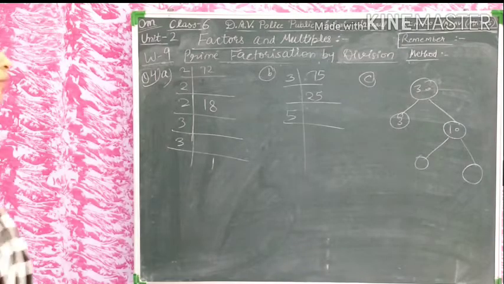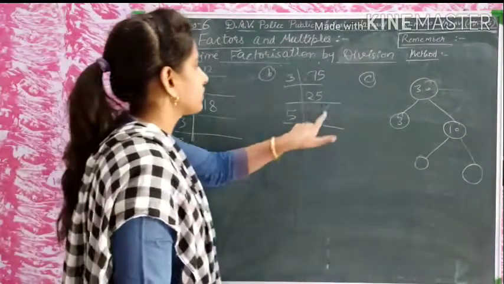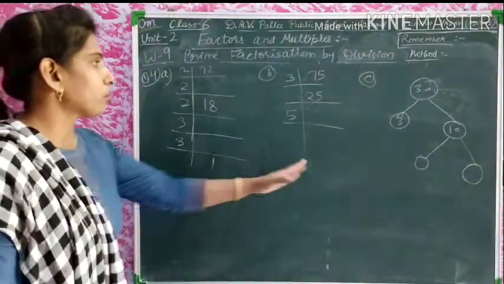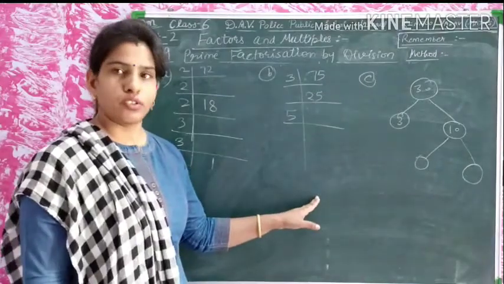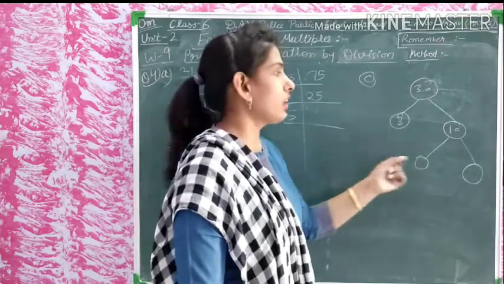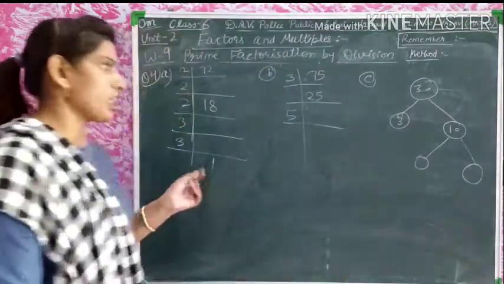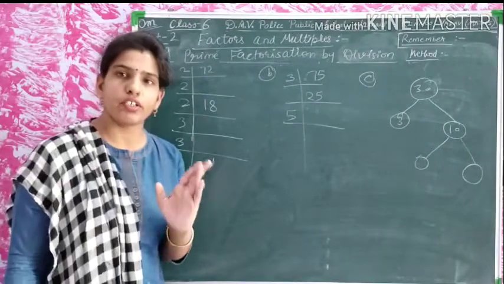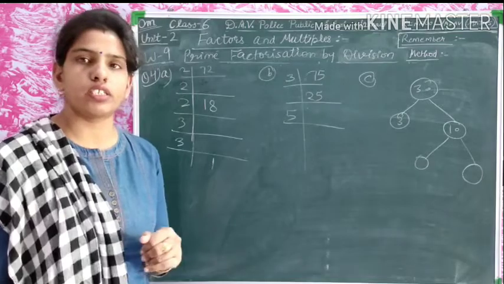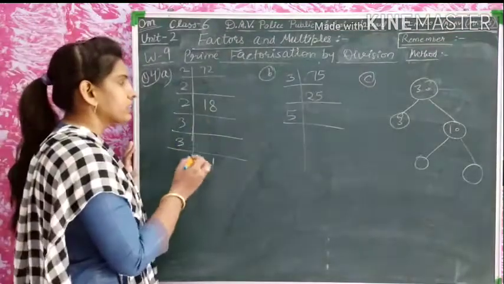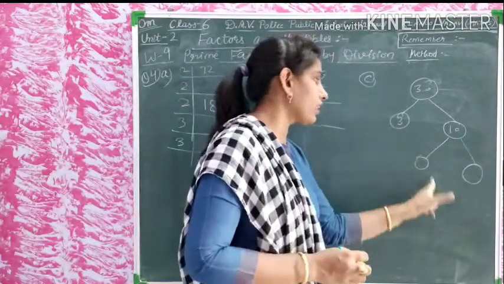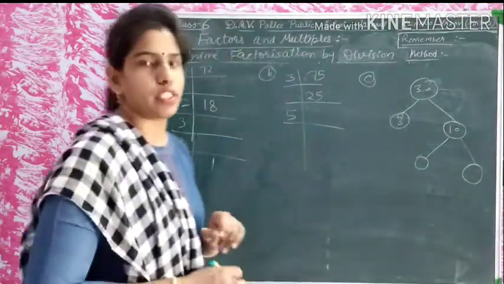Now students, you have to fill in these blanks here. So students, this is the prime factorization method. You have to find the prime factorization. There is the division method and this is the factor tree method. The process is the same. First divide by the smallest prime number, then again the smallest prime number, and after that the smallest prime number, we will divide these numbers and write down the prime factorization here.